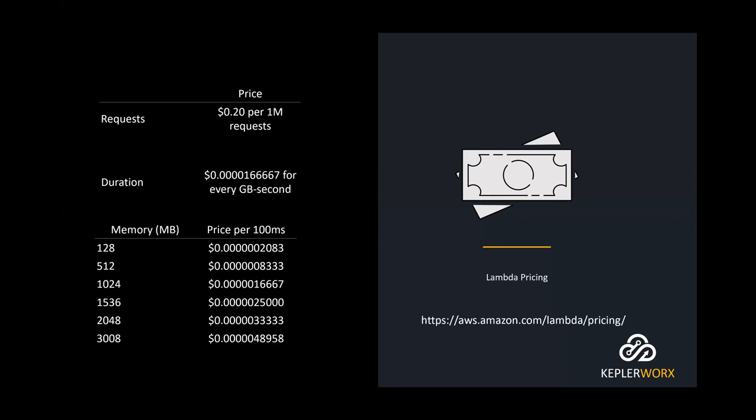You have to think about memory also, because AWS will charge you for memory. And as we said, you have to think about how much memory a single execution of that function would really need. And it has different pricing for memory here. So for 128, 512, 1024, all of those are different pricing. All of that together makes up the pricing of Lambda. You can also go to the AWS calculator. If you enter your variables here, you can factor in all of them to conclude your pricing.